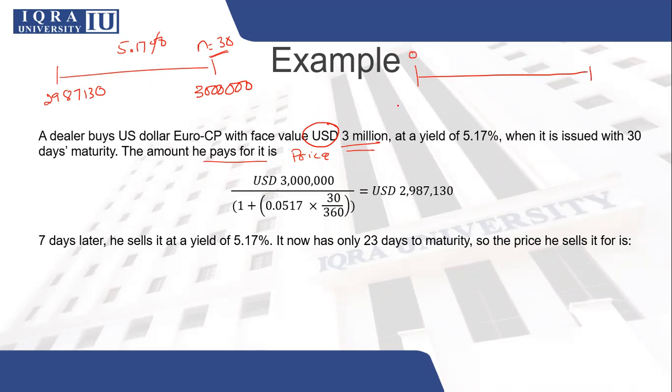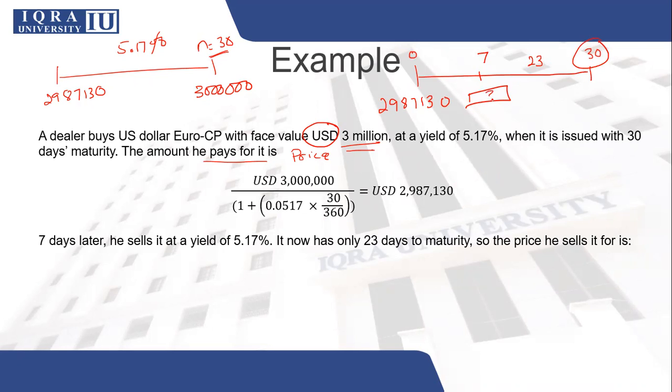So you purchased it right now at this price. And 7 days later, you are going to sell it. You don't know at what price you're going to sell, but once you're selling, there will be 23 days left